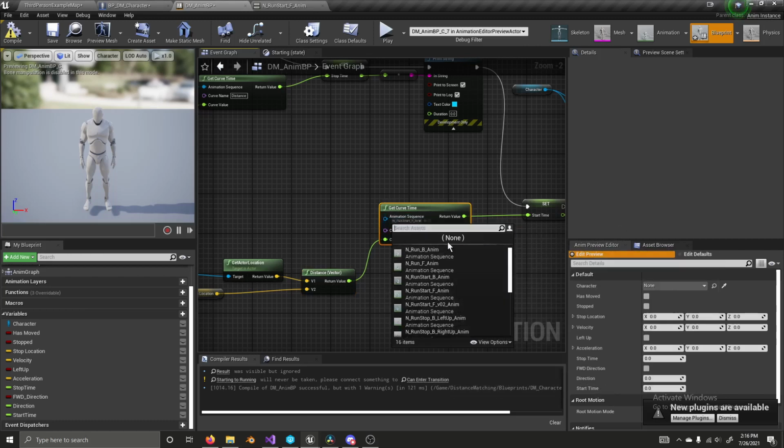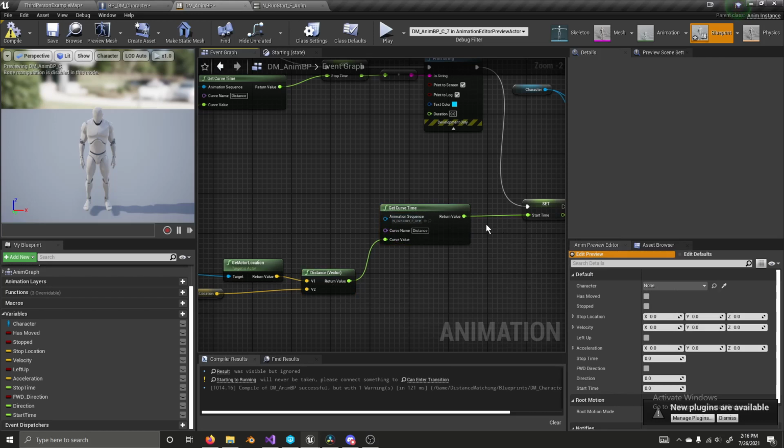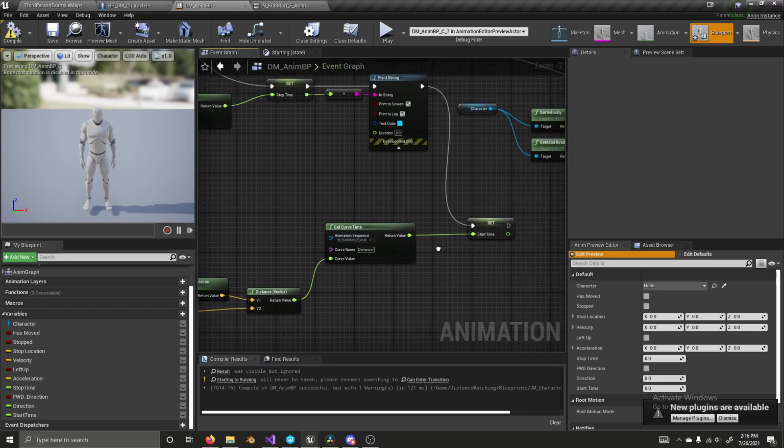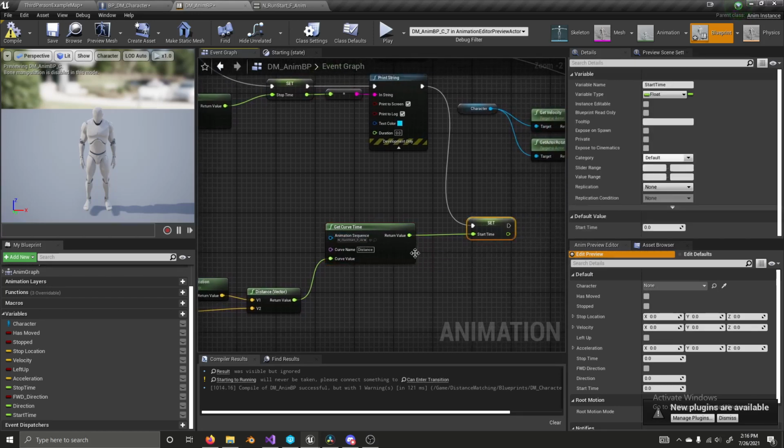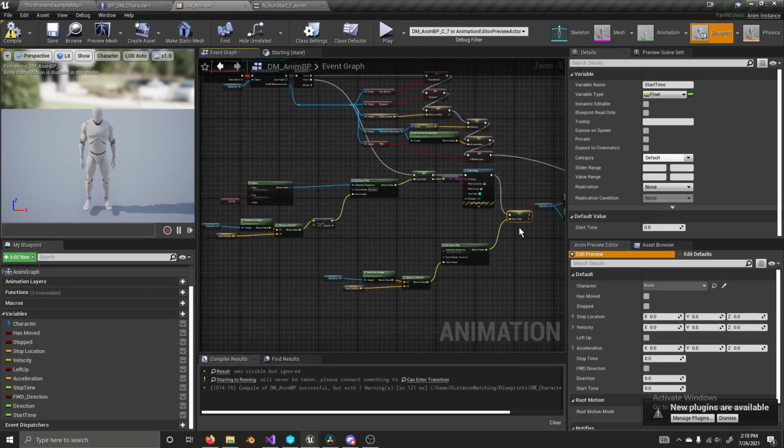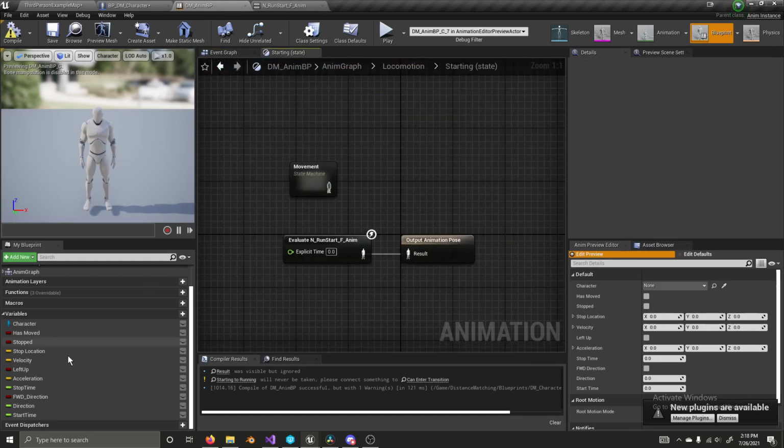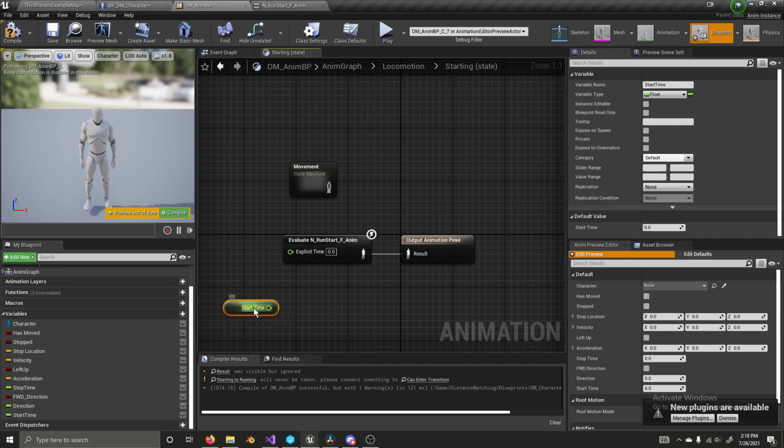And I have in run start f_anim, not the second other version of the animation, the version 2 of the animation, and that's going into start time here. So we have the start time variable, and we're going to plug it into our start